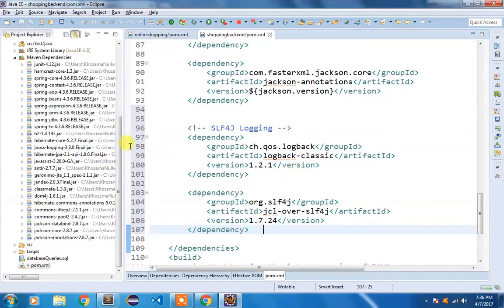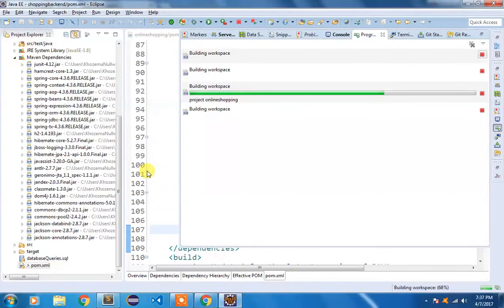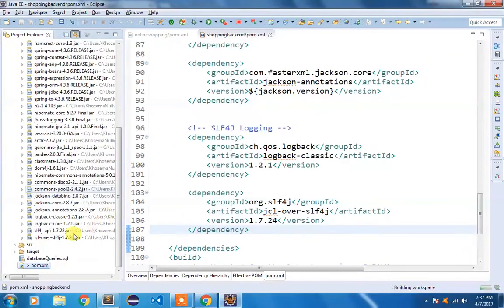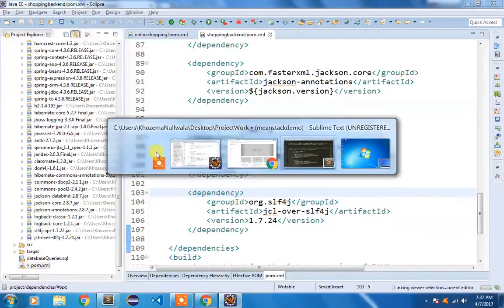and I'm going to quickly save it. Once the workspace gets built, you can see you have your SLF4J API as well as JCL over SLF4J, and Logback Classic and Logback Core, which are automatically downloaded as dependencies for our project. Okay, once this is done, we're going to move to our third step,